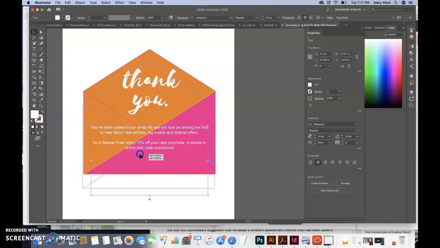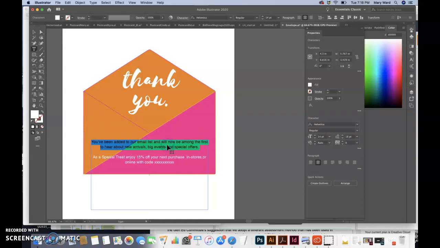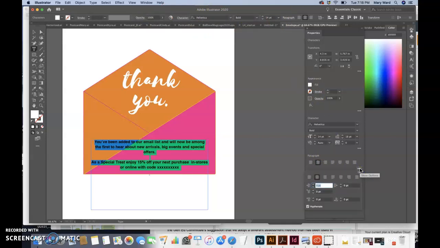So maybe something like, oops, grabbed the wrong thing. I'll make sure this is centered. One thing, I need to maybe bold this text. And then I also want to make it all caps. There should be an easy way to do that. Here. I don't want it to hyphenate, but,